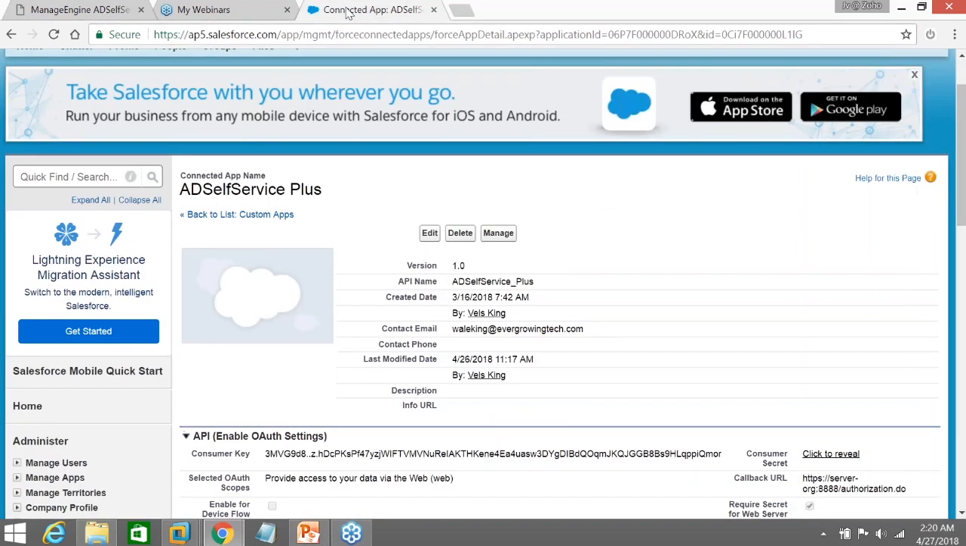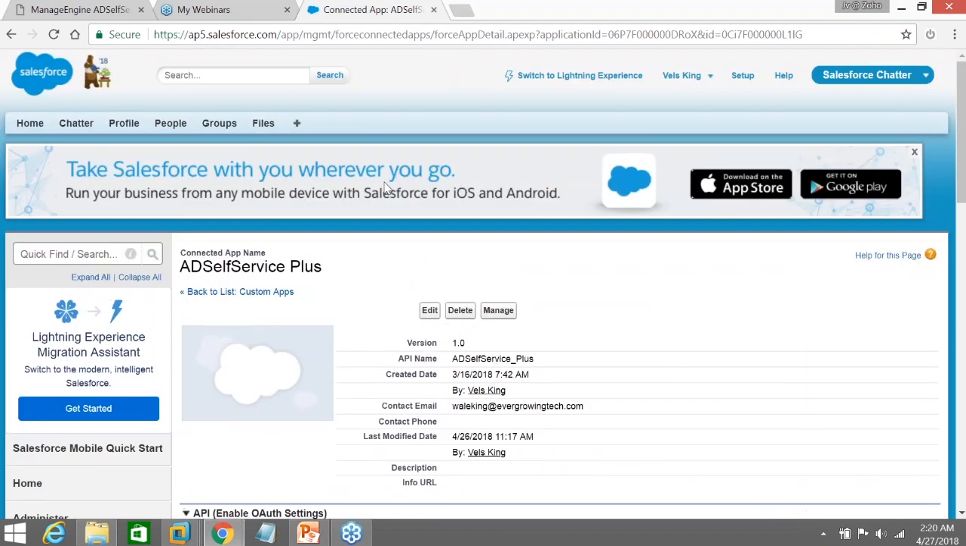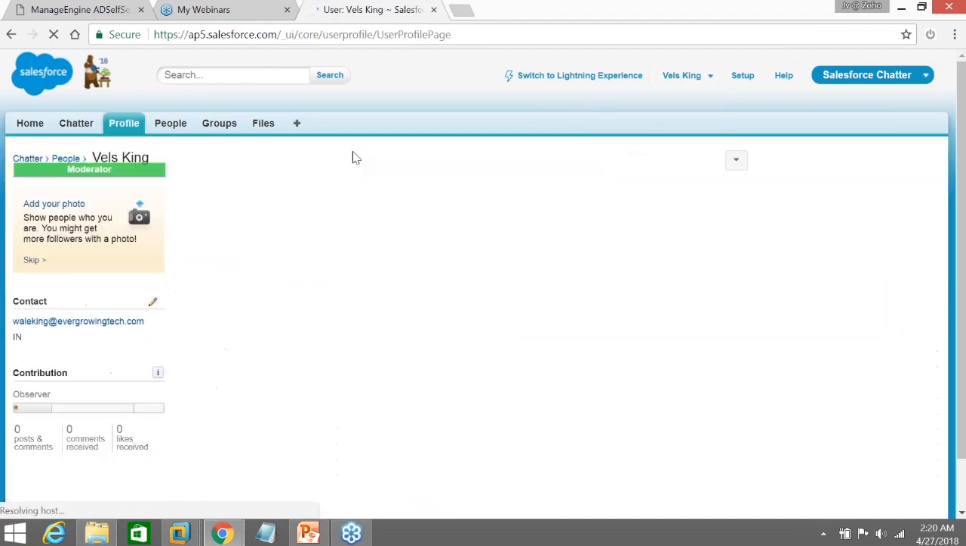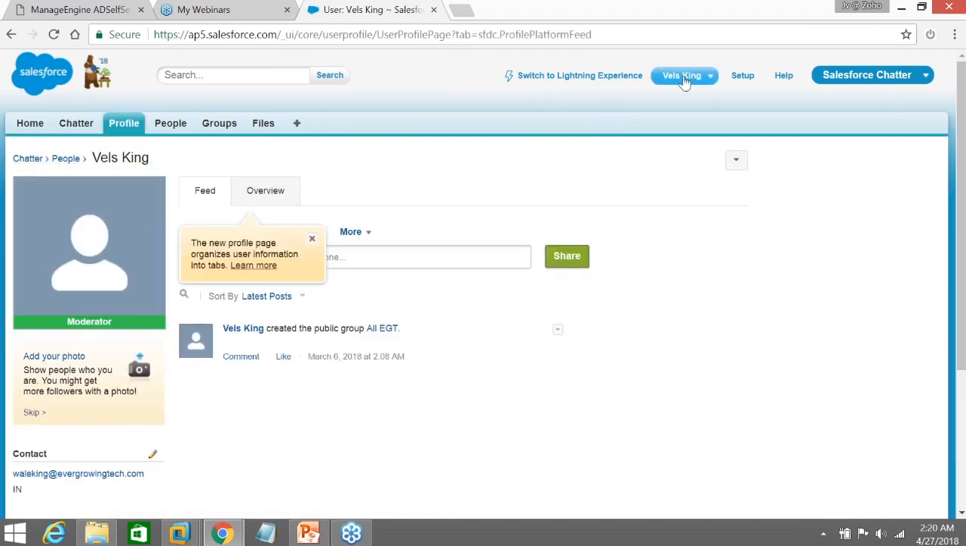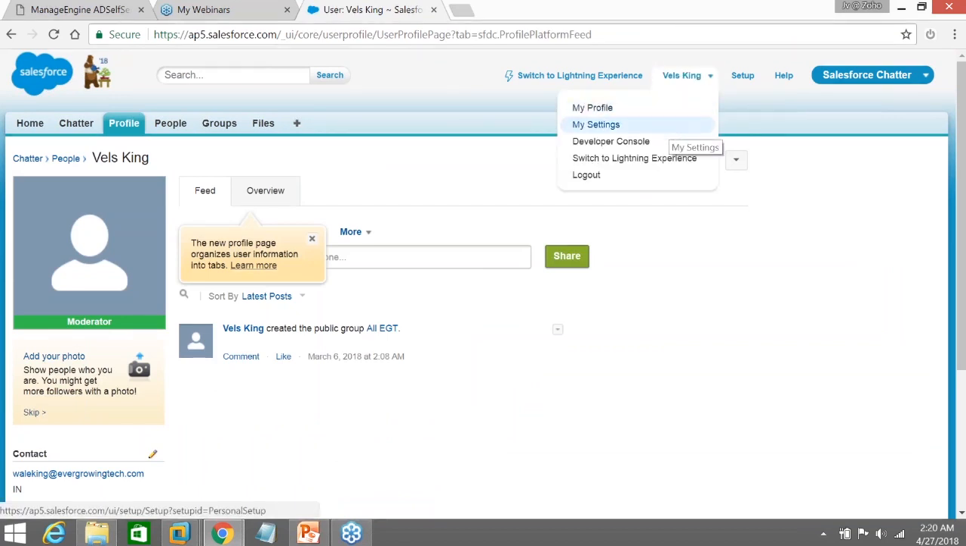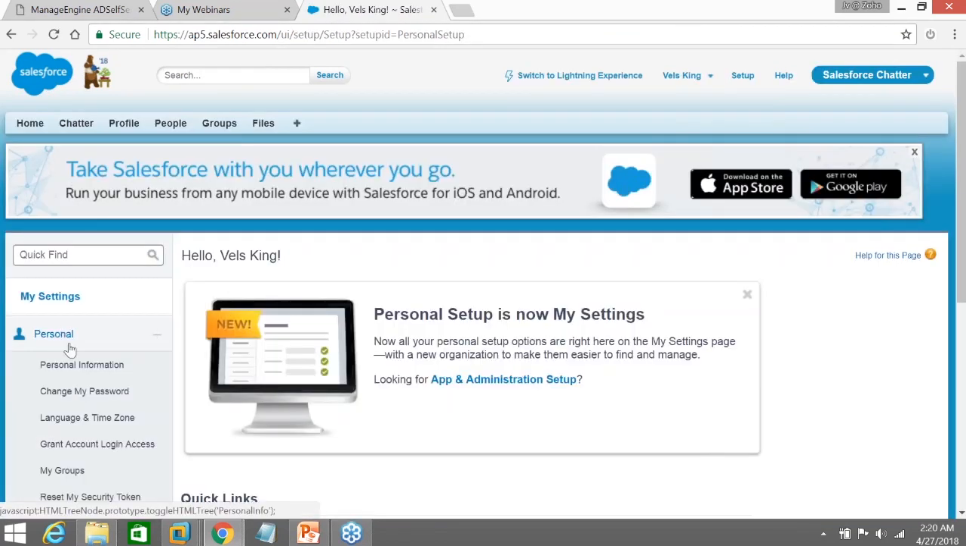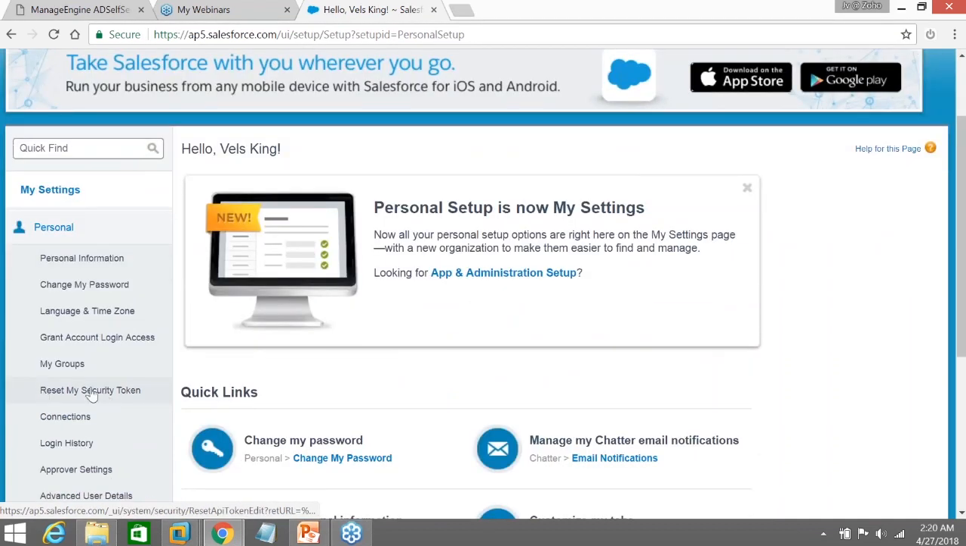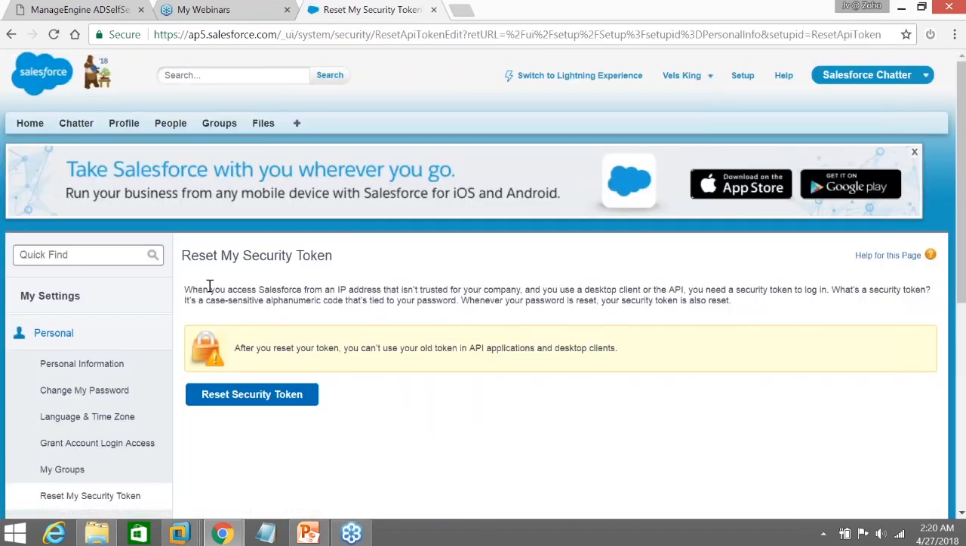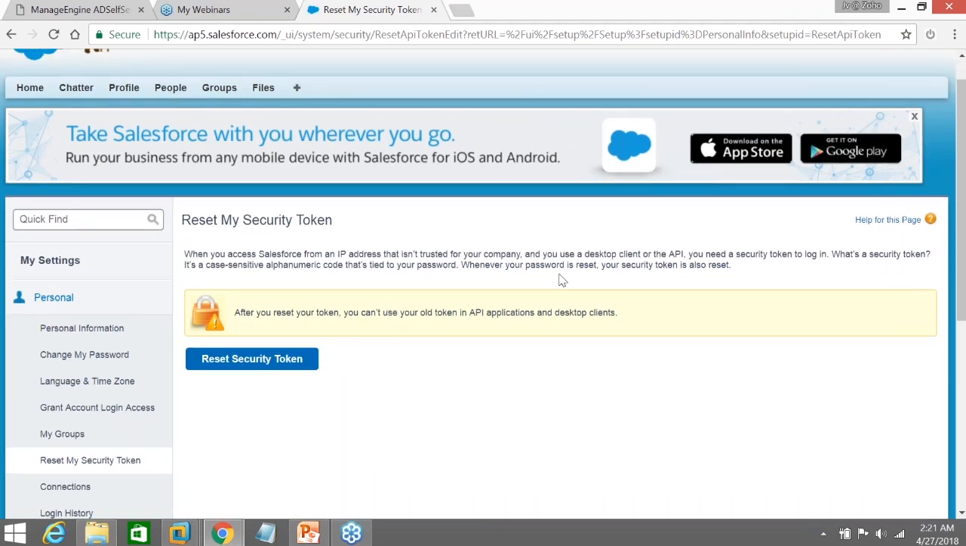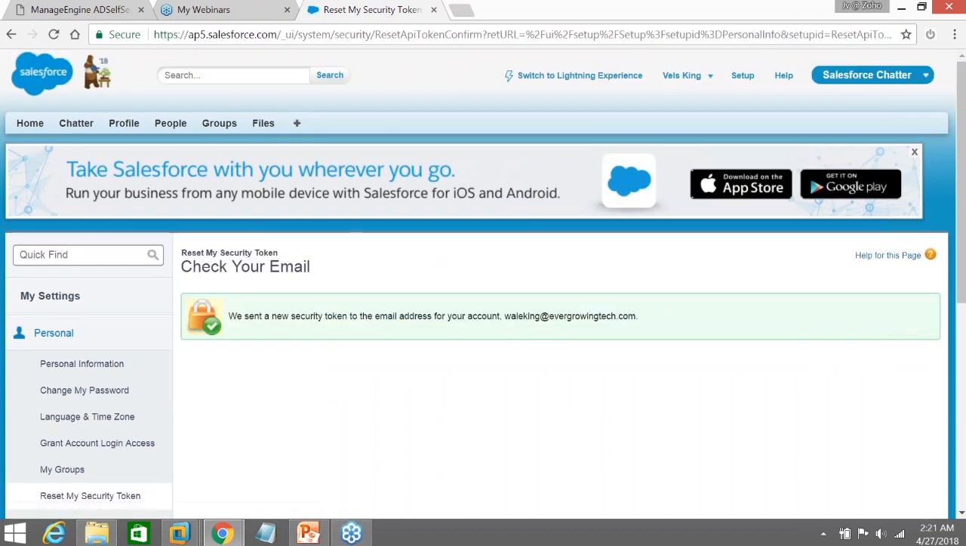For that, I need to get into my Salesforce app and get into the home tab for the user, getting into my profile. So it's going to be my settings. There you go. From my personal tab, I'd be able to get a security token. When I want to access my Salesforce account for API, since it's an API interaction, I'm going to say reset token,